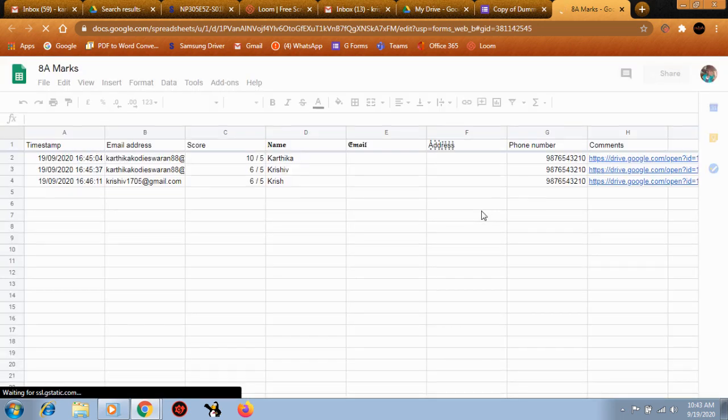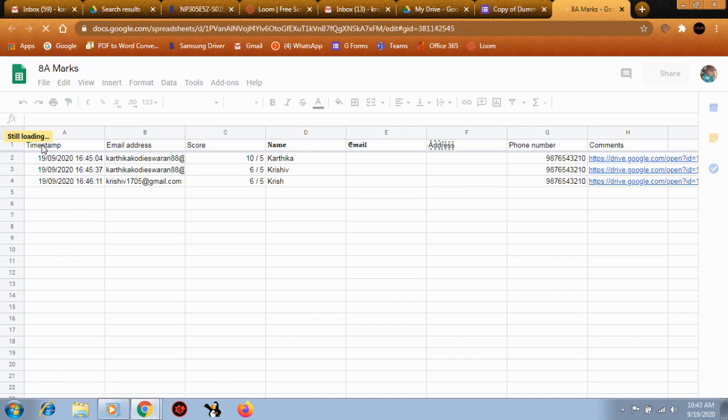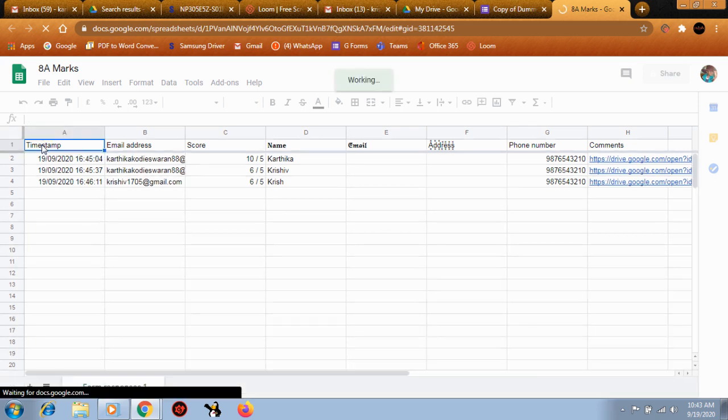It will not get downloaded on your device. It will be opened as a Google Sheet only. Wait for it to get loaded properly, because if you download it earlier, some of the marks may be missed.